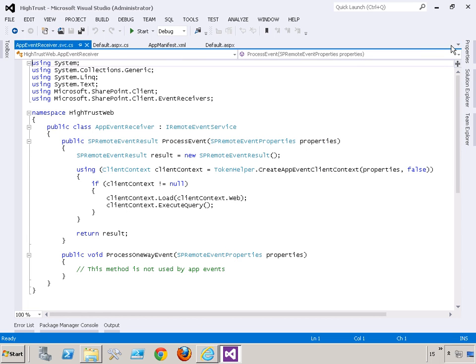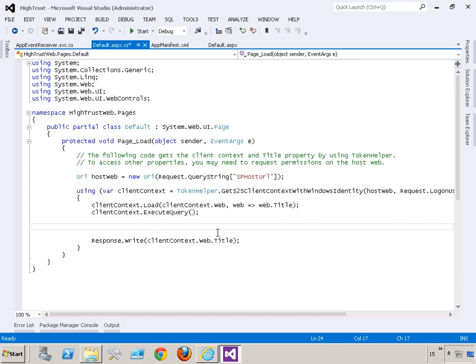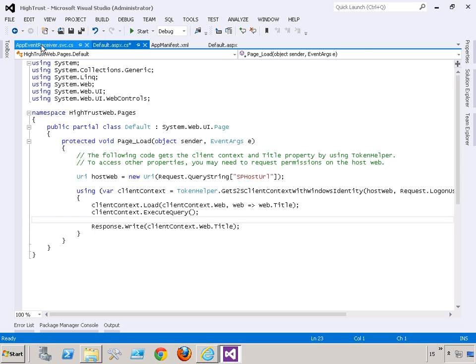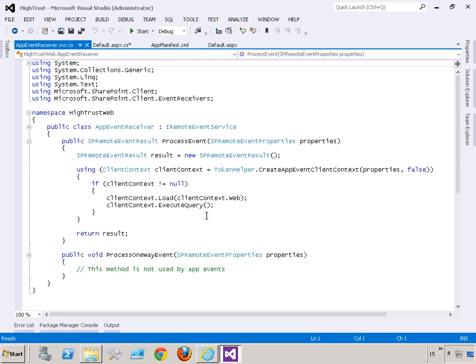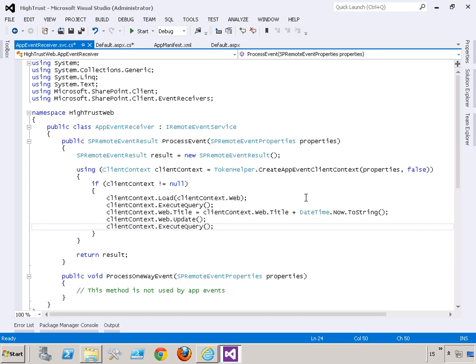So what I'm going to do is take the contents of this page where I was setting the title of the web, and I'm going to cut this out of here. And I'm going to come over to the app event receiver, and I'm going to manipulate the title,